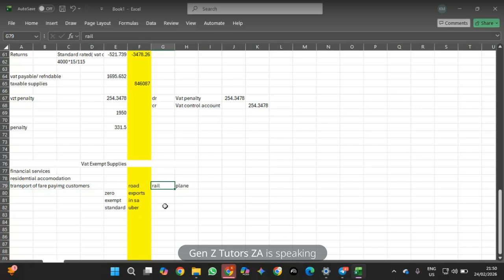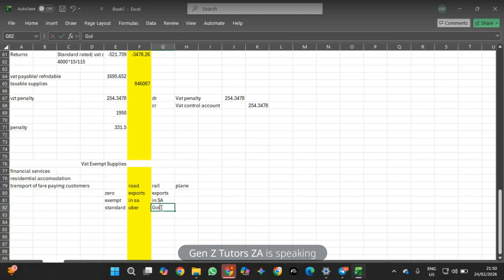And then also by rail, if ever you're traveling by rail to outside the country, if ever you're moving to outside the country, it's an export, it's zero rated. If ever you're traveling by train in SA, it's going to be exempt in SA, right? In SA. And then if ever now you're traveling in a rail, maybe let me say Gold Reef